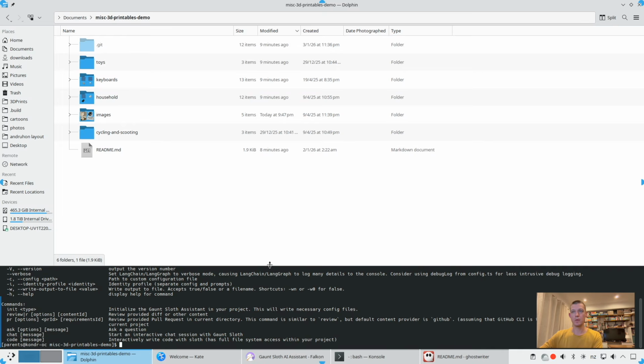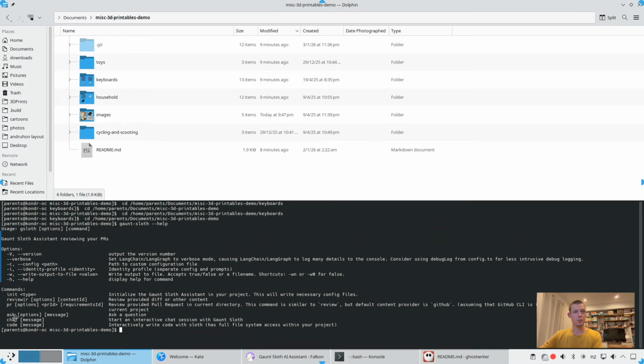It has a number of commands like init and those which we will use: ask, chat, and code. And if you just type gth or gaunt-sloth, it will automatically start it in chat mode. But as you can see, it doesn't start because it says that your project has to be initialized. Let's initialize it